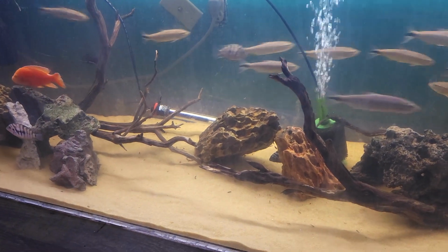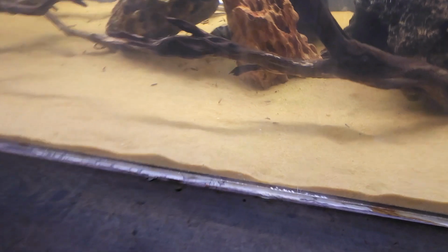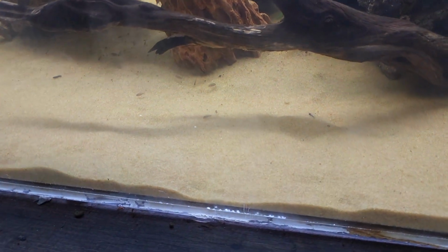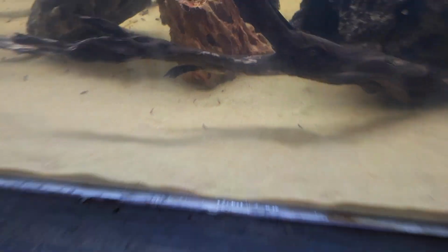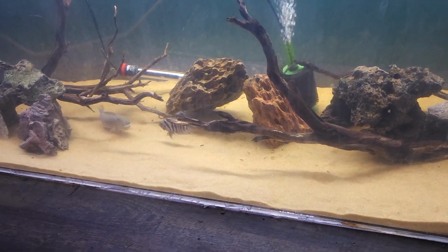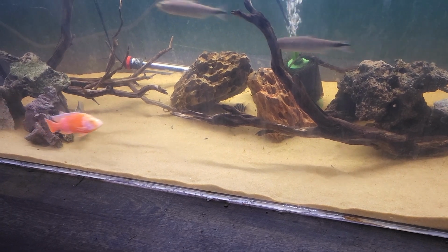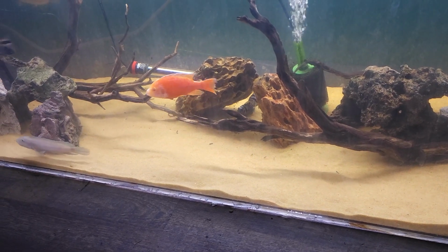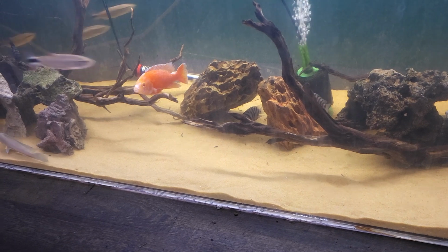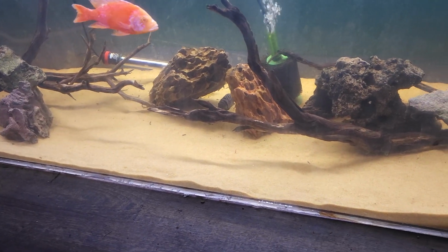They had a batch about 3 weeks ago, and within a week I didn't see any more babies. Well, it's because these babies are stupid too. See them coming out in the middle? Brycons come by, they just swoop them up real quick. That buffalo head will eat them too. Actually, as far as that goes, the dragon blood would too. That's not good for them. I don't want them to get too much meat in them, but